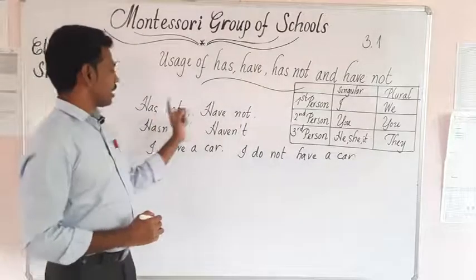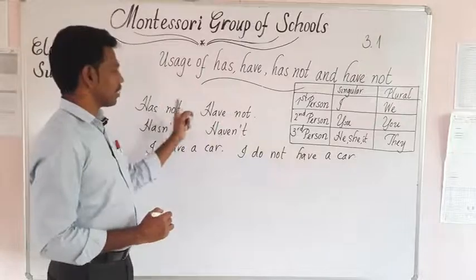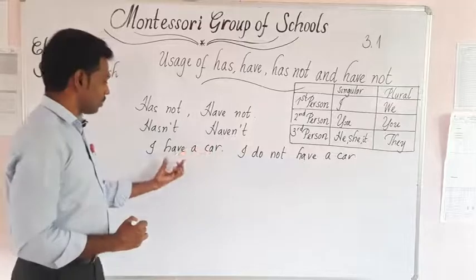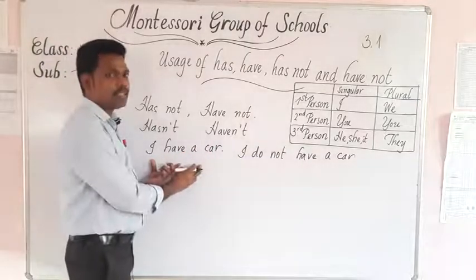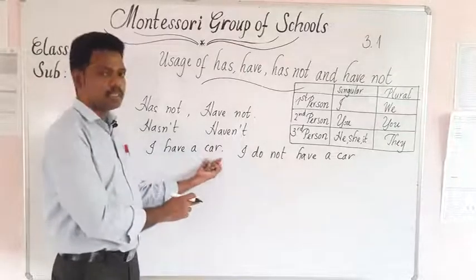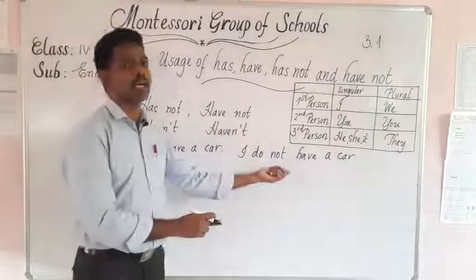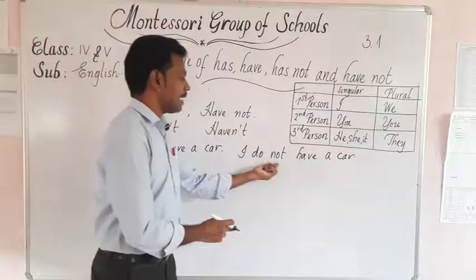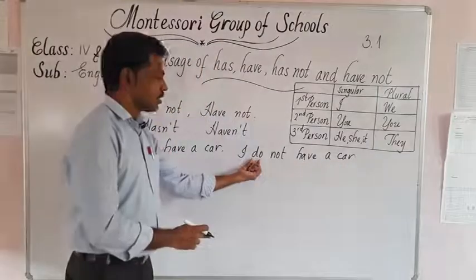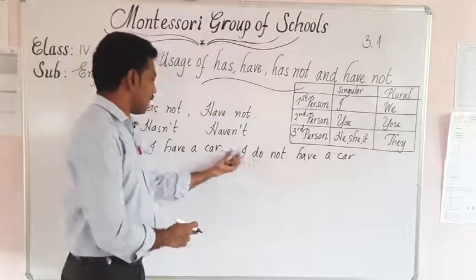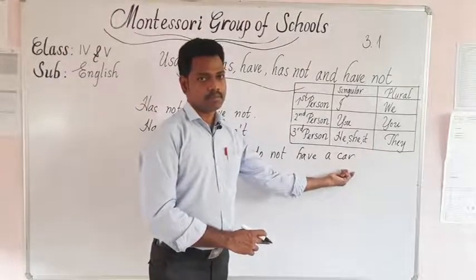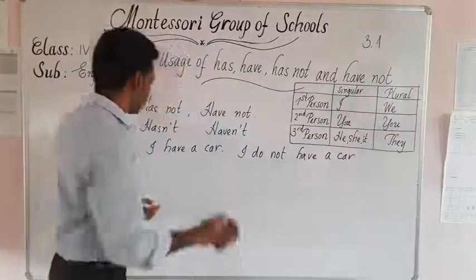So, when we talk about has and have, has not and have not, the short forms are hasn't and haven't. So, keep in mind, I have a car. That is the positive case. And when we bring the negative form of I have a car, it is not that I have not a car. We have to come, I do not have a car. We have to add the word do, and we have to bring I do not have a car. Okay. So, likewise,